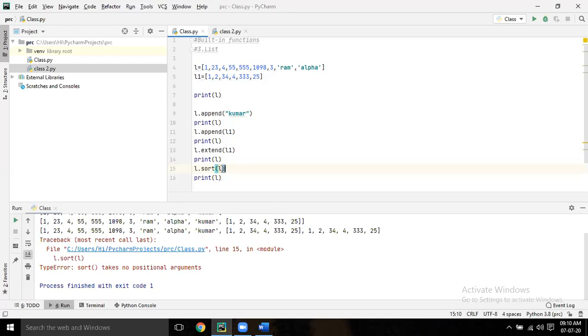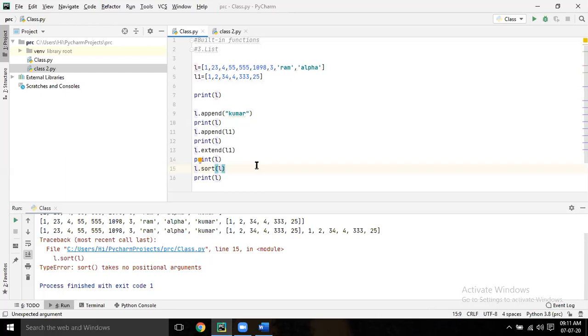Okay, so when you are doing a program, you should get some error, otherwise you can't study properly. So you should know why this error comes. When you're doing the sorting, there is a combination of number and string, in that case it can't sort.